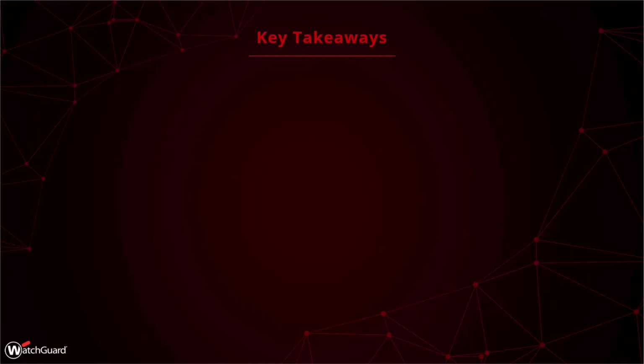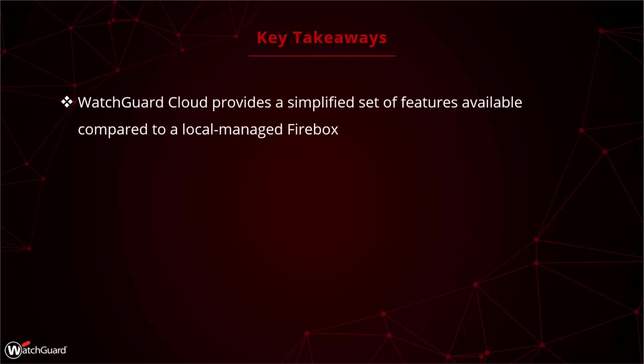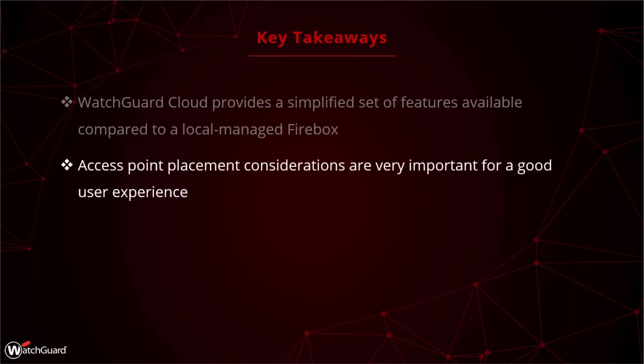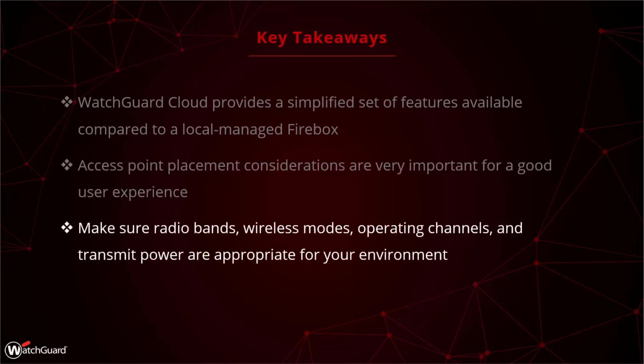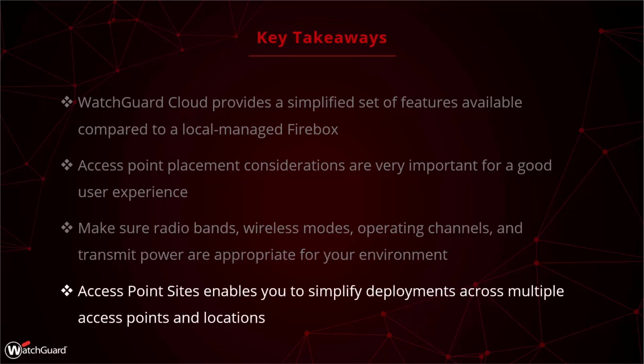In conclusion, Wi-Fi in WatchGuard Cloud is a simplified interface to manage your WatchGuard APs. You still need to do the basics of assessing the best placement for the APs to ensure best coverage and throughput. It's a common good practice to use on-site and predictive surveys to plan your deployment and assign a dedicated channel and transmit power to each AP. And finally, deployments with a large number of devices to configure can get up and running easier and sooner with access point sites. For more information, please check our technical search.